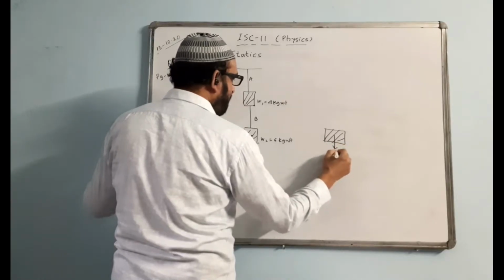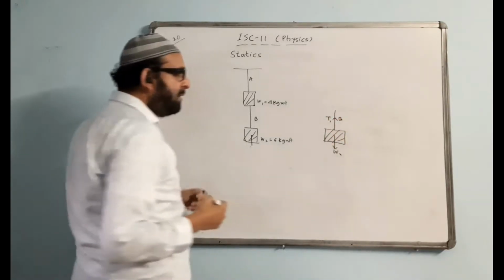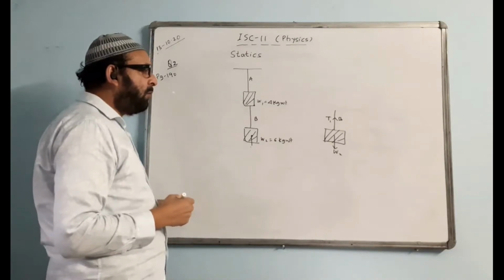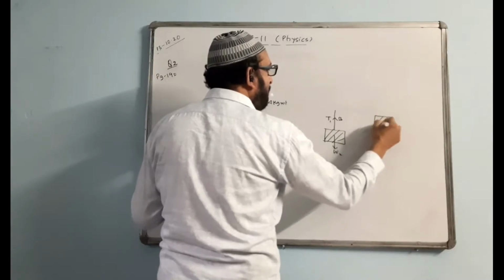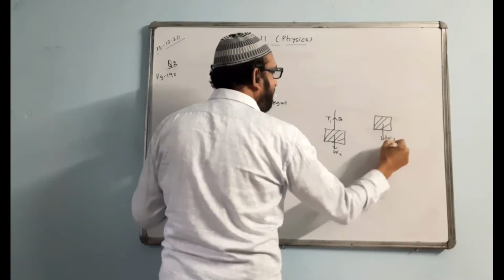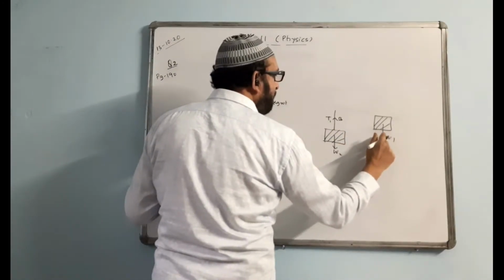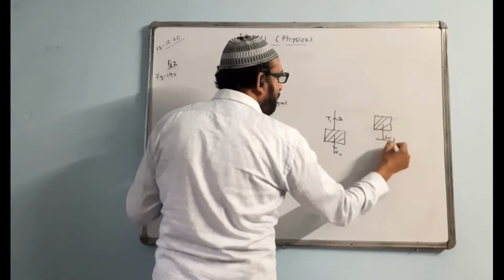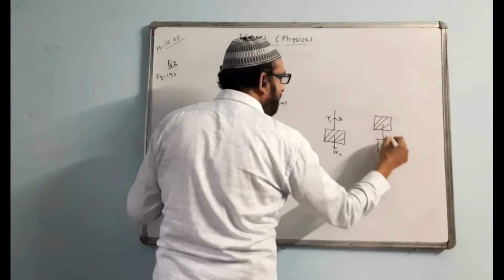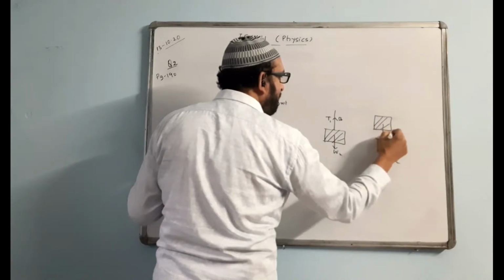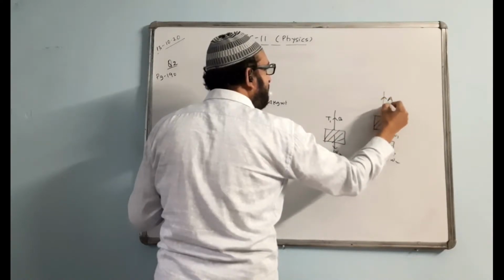This is W2 acting here. This is the string B, the tension will be like this, tension line is T1. This is the free body diagram of the block W2. Now another block W1. W1 will act here, but W1 is connected with this one also. We draw another one. W2 is acting here. Weight of this one is acting here. W1 also here, W1, W2, and here is a string A. This tension is T2.